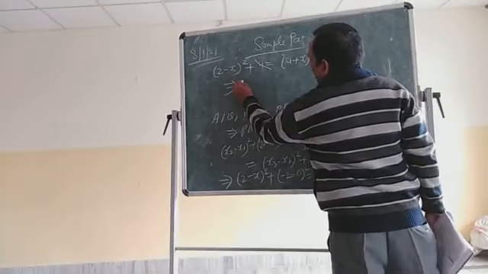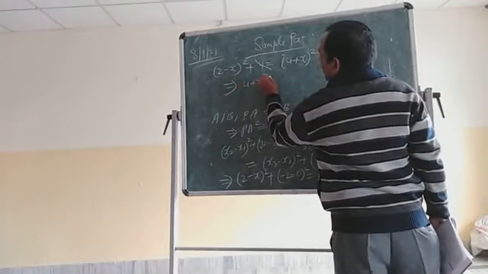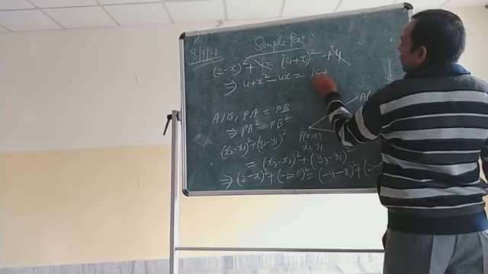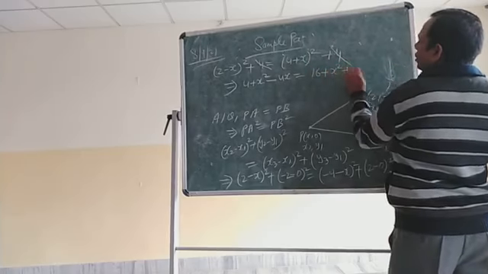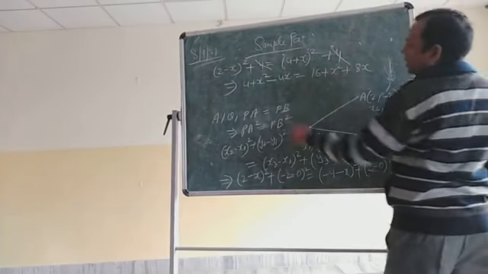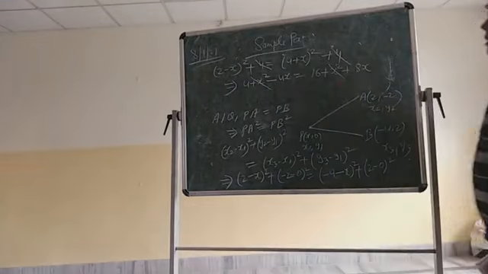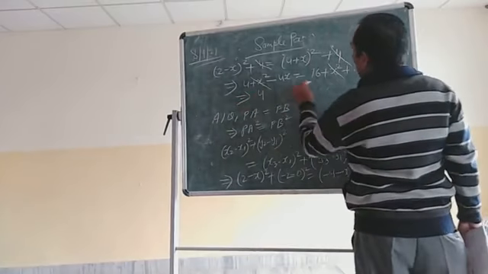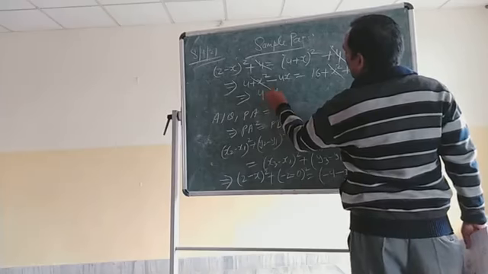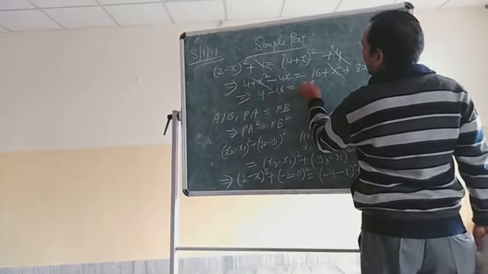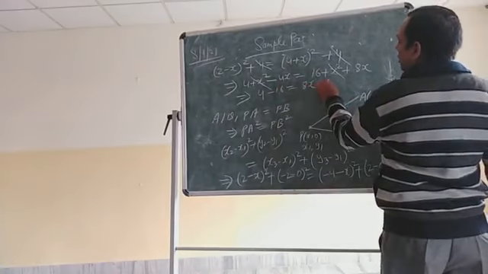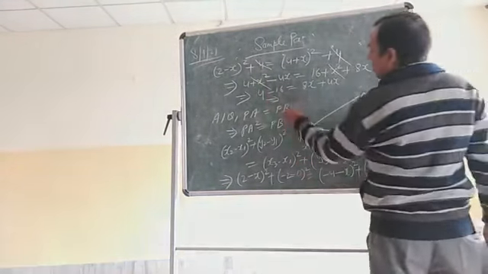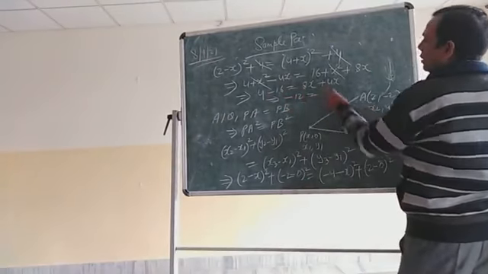So this will be a square plus b square minus 2ab equal to a square plus b square plus 2ab. Now see, x square and x square cancel. What you are getting? You are getting 4, and this 16 will go this side, it will be minus 16, and 8x minus 4x will come this side, it will be plus 4x, and this will be 4 minus 16, which is minus 12, equal to